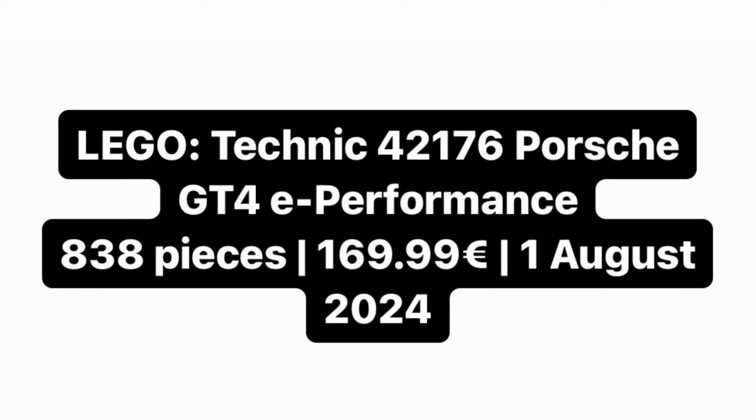Now first off, thanks to MaxBot, we do actually have an update regarding the LEGO Technic set 42176, and that is the Porsche GT4 performance set. This will include 838 pieces retailing for $170, releasing for August 1st, and it has working front and rear lights. It has rechargeable features as well via USB, and it is going to be the fastest remote controlled LEGO